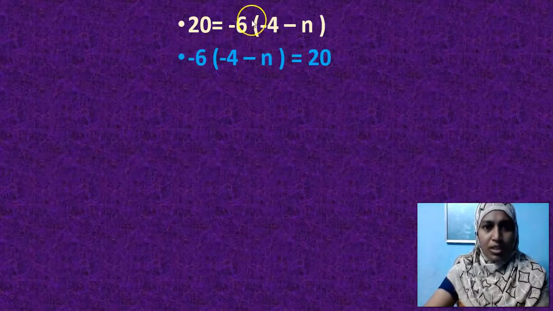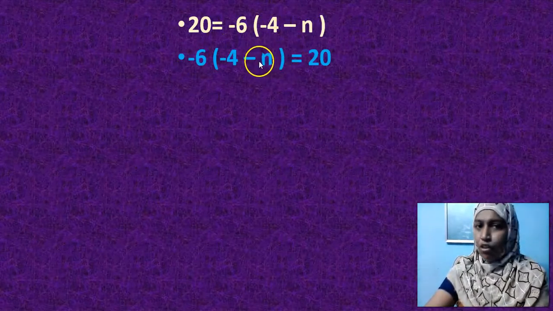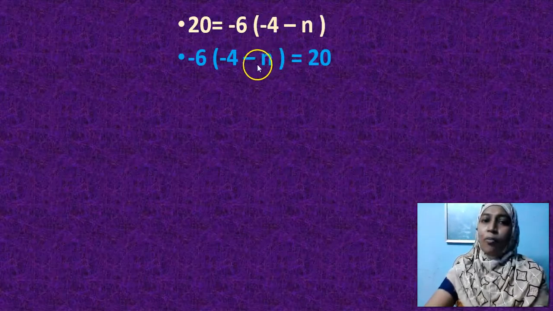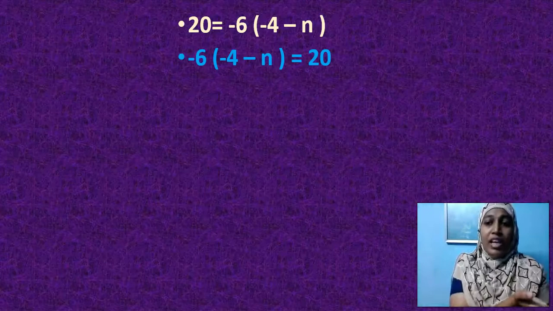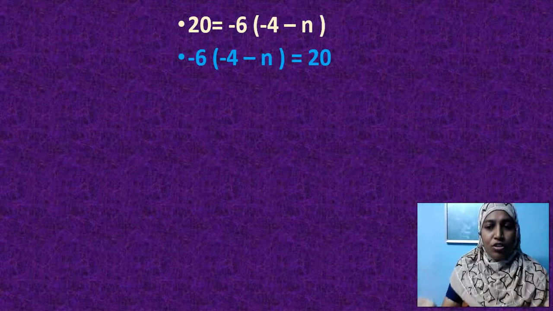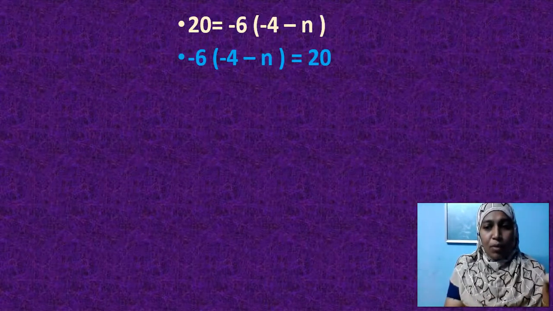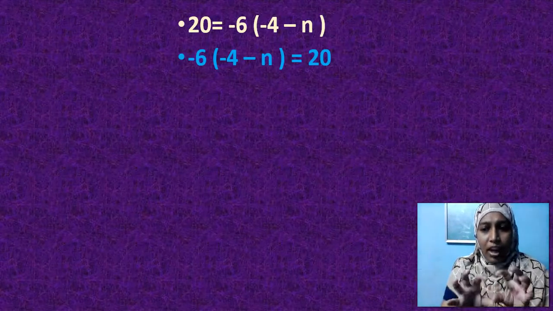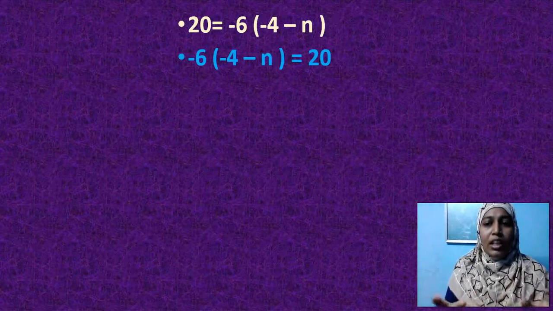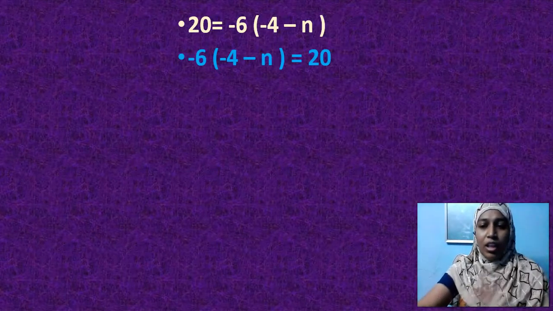Minus 6 means minus 6. Minus 4 bracket, minus 4 minus n bracket. I have not changed the sign of anything now. I have just shifted their position, as we used to do with a physical balance. I am changing everything from this side to this side, and whatever is in the right hand side I am moving to the left hand side. So I am not making any changes in it. The only thing changing is their position. Nothing to play with their values.